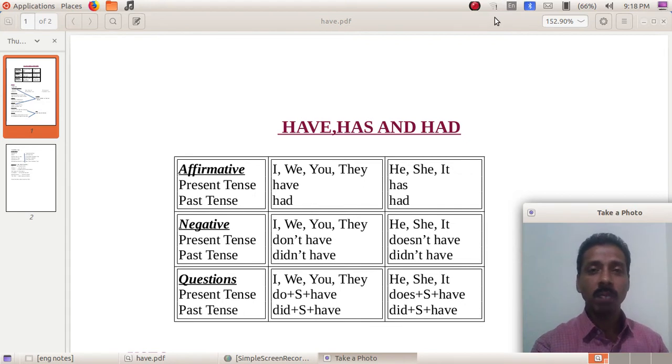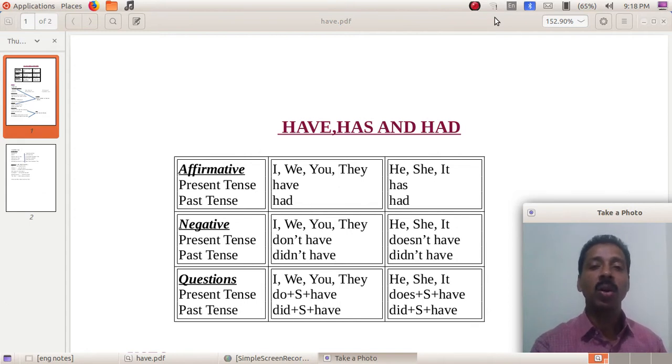Okay. A verb that can be used both as a main verb and an auxiliary verb is called a primary auxiliary, and have is one of the primary auxiliaries, and also have is an irregular verb. We discussed what's a regular verb, what's an irregular verb, and if we conjugate the verb have, you know that have is the V1 form, have and has. V2 form had, V3 form also had, and having. So it's an irregular verb.